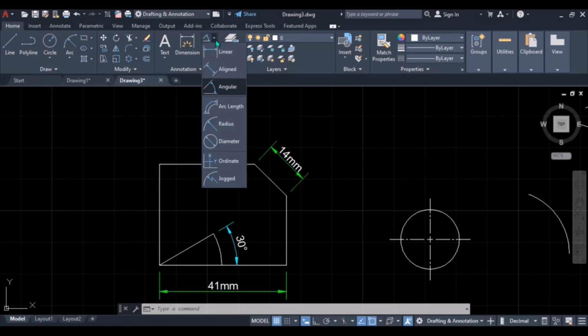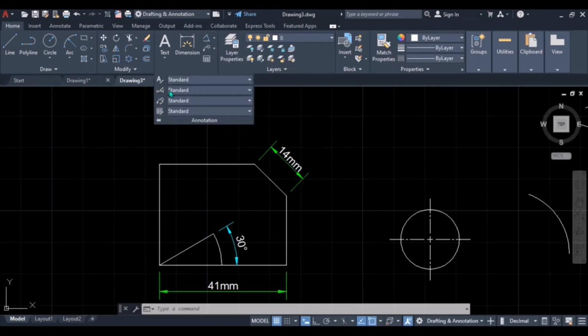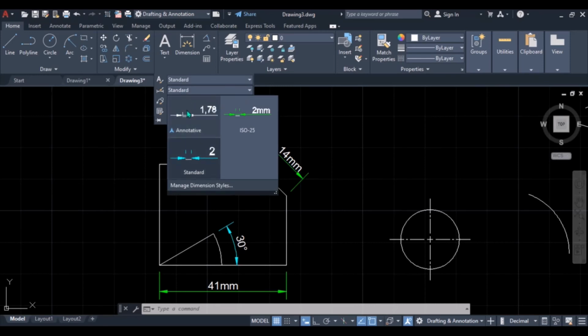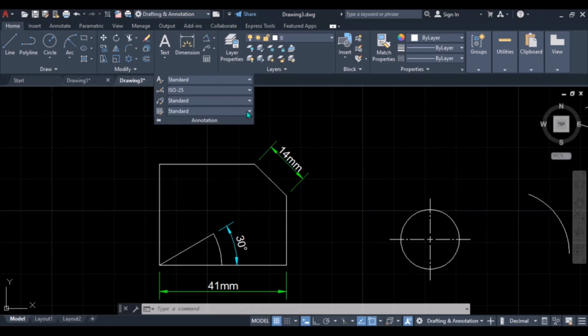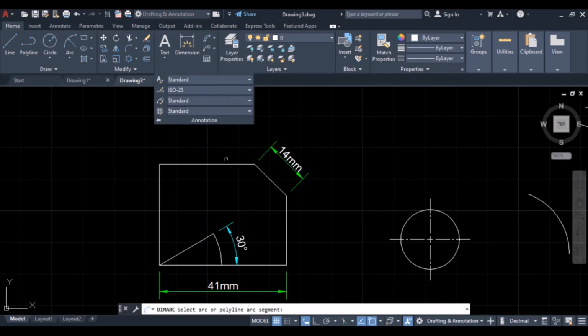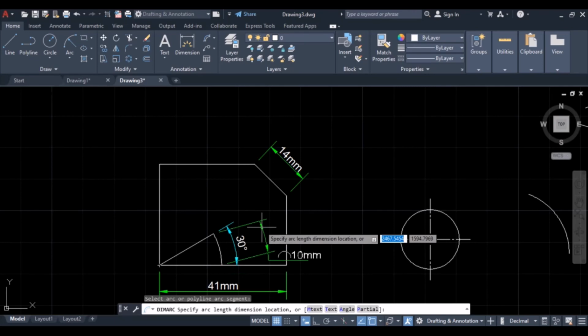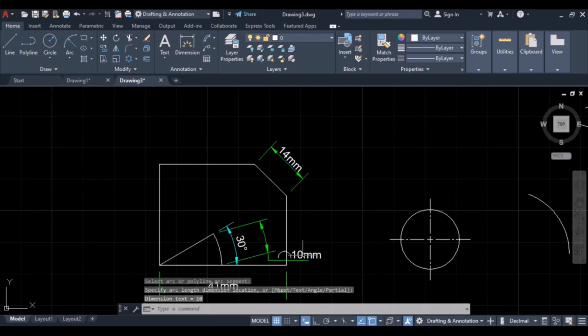Then the next dimension is arc length. You can use ISO standard. See this linear dimension, ISO, arc length. This arc is 10 millimeters.